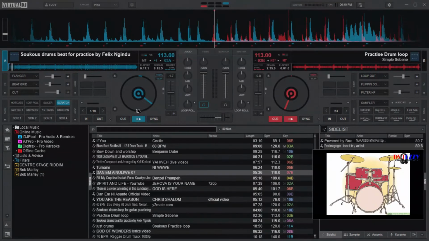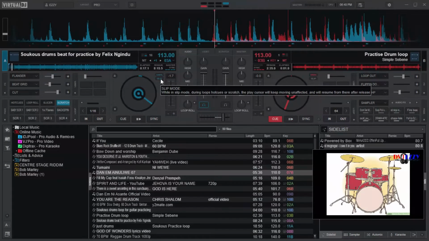Yeah, that's it. So this one will help you scratch, but the song, the beat, will continue to play as if nothing happened, as if you just interrupted and it continued playing without skipping parts or going back or holding the position. If you have this off, it will hold the position and it will be very weird unless you have very good timing. Just listen to this one.